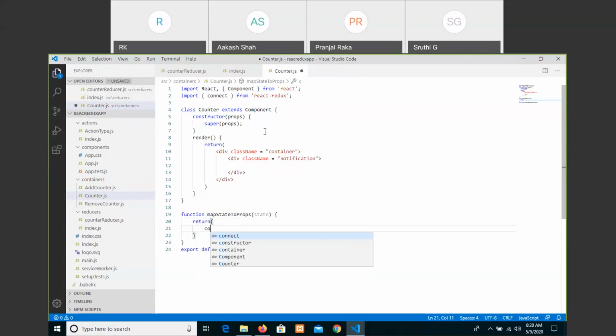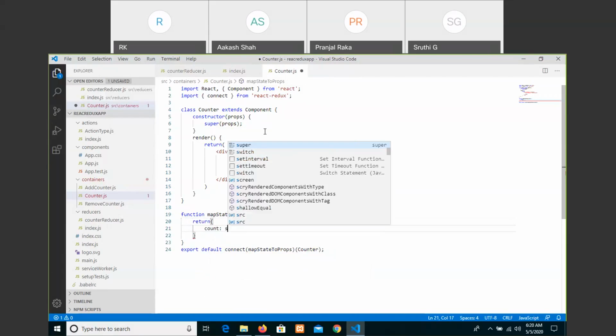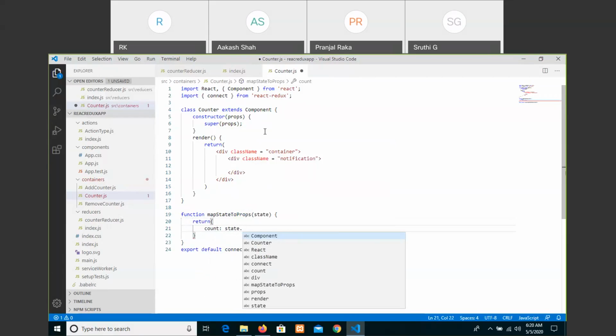That is, we are expecting an output in the count property from the state of counter reducer.